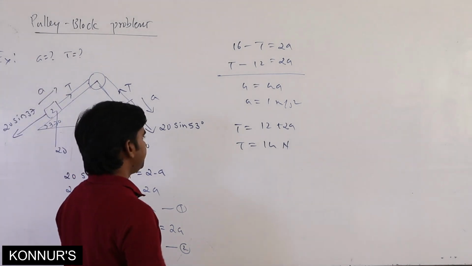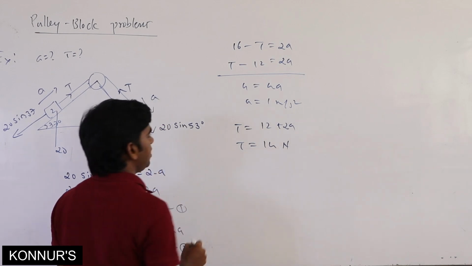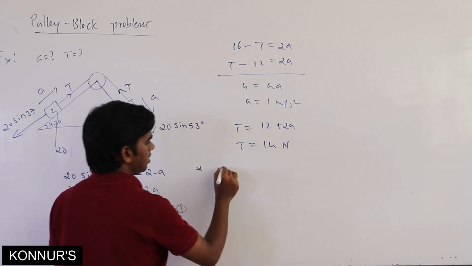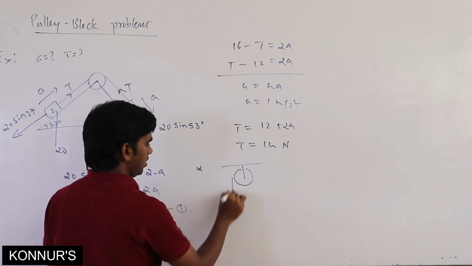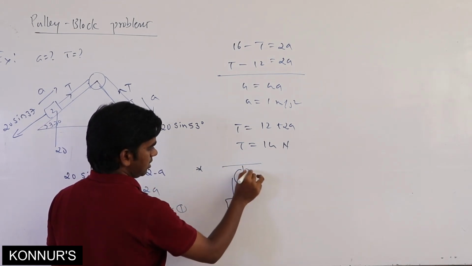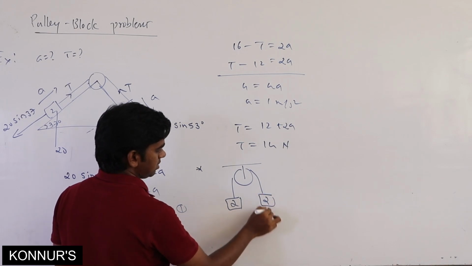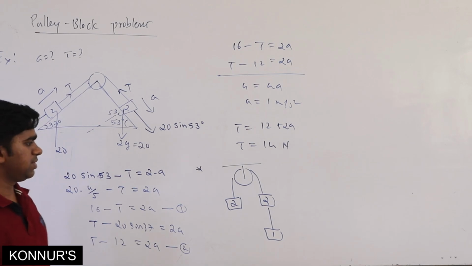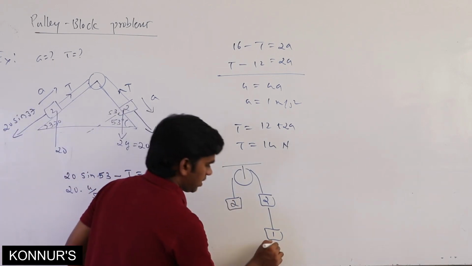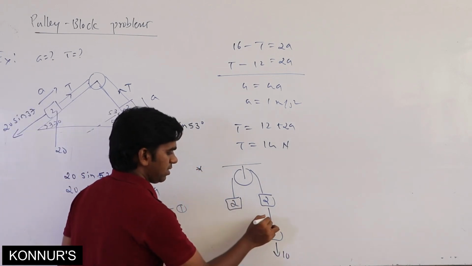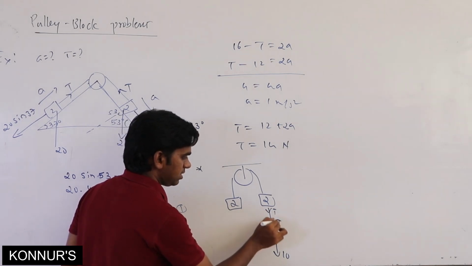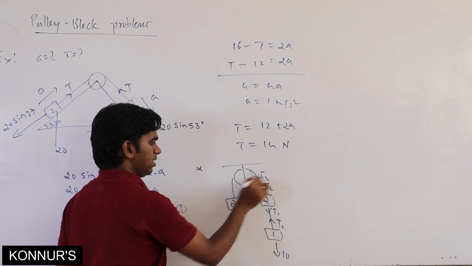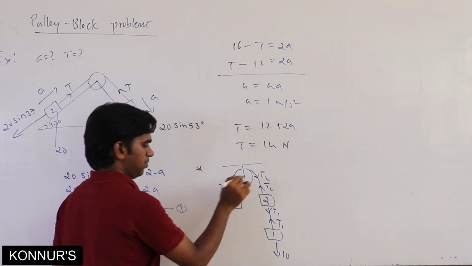So similarly, suppose I take the example of 3 bodies connected. A pulley is there, one body 2 kg is here, another 2 kg, and one more I will connect, 1 kg. We have to solve this one, I will just give the hint. So what is the downward? 10. Upward is T. Here again it is T. We will take it as T1. Here it is T2.